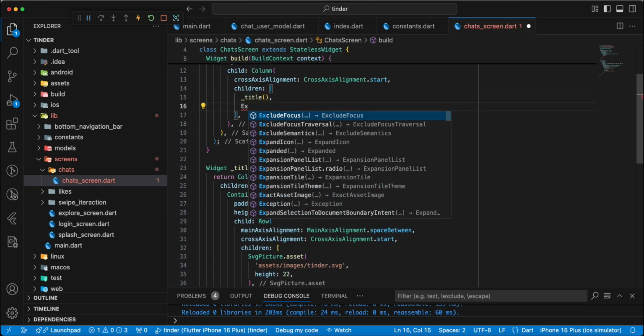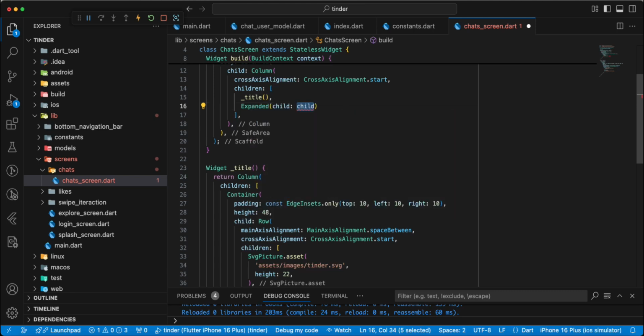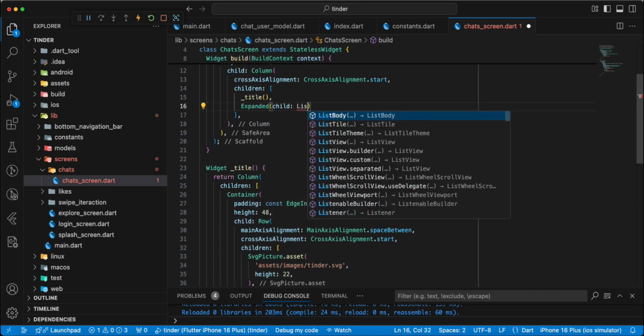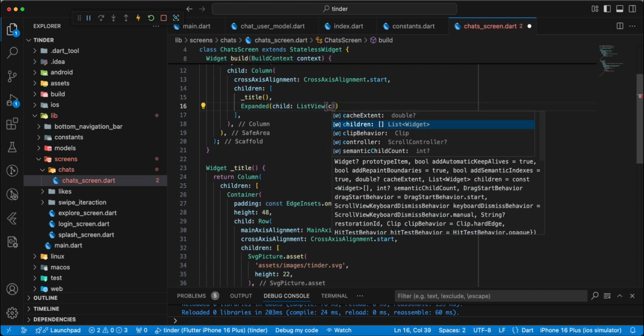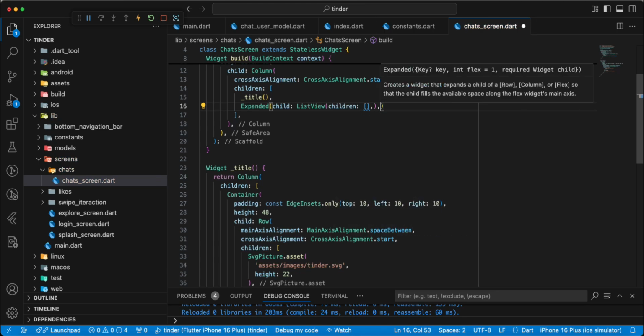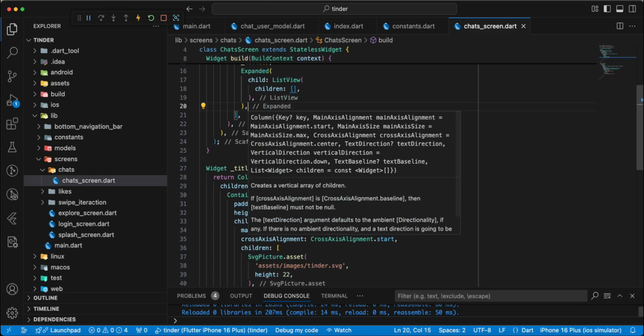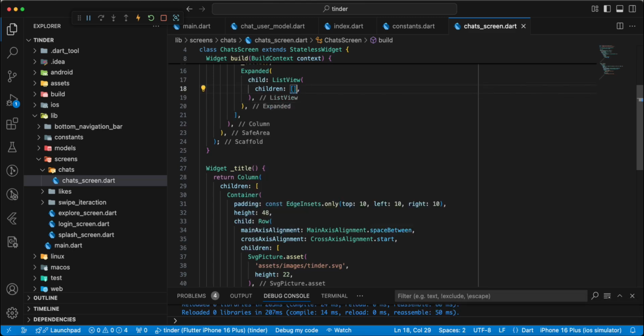then we add widget expanded, add widget list view, children, add information new matches,